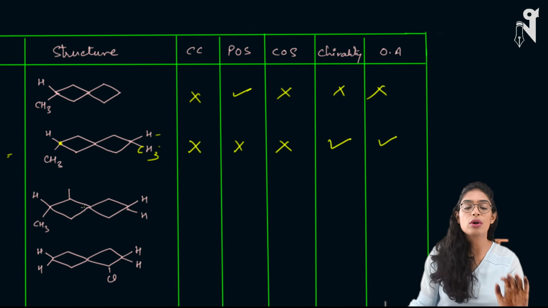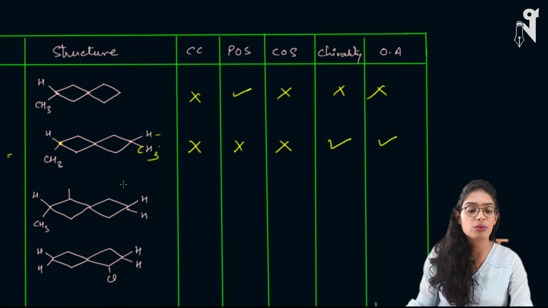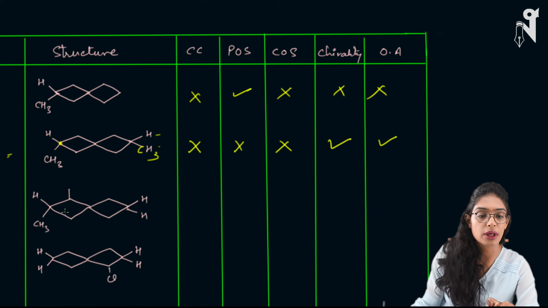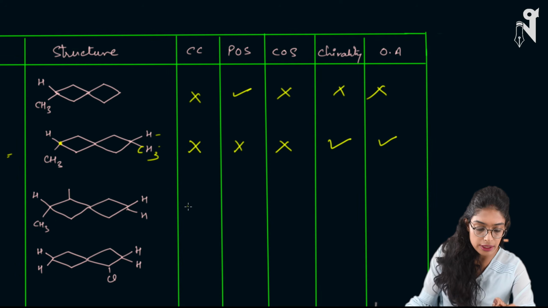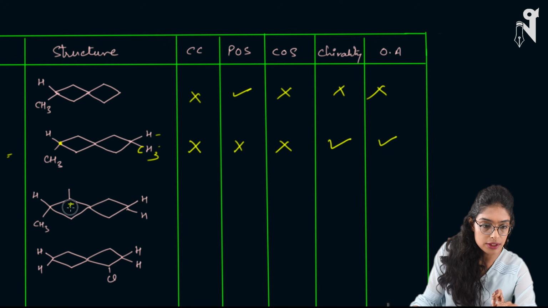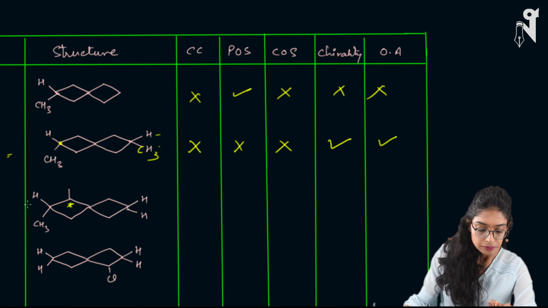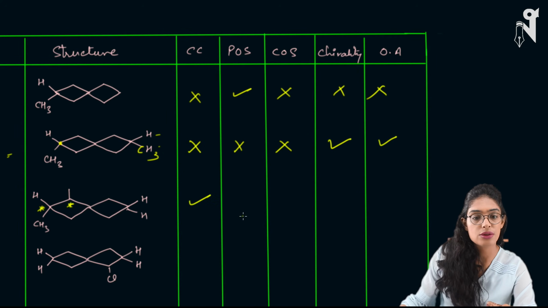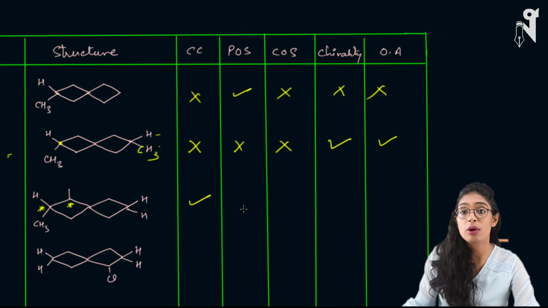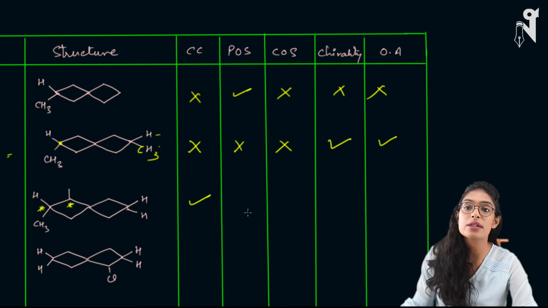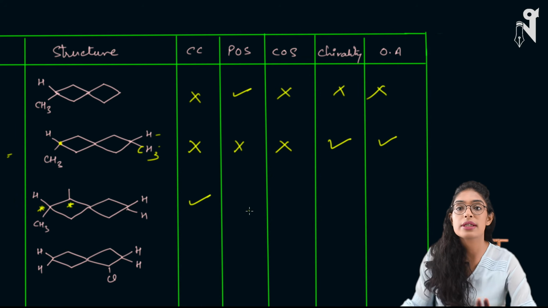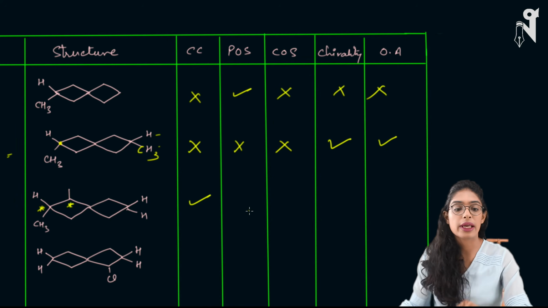Now look at another one. I'm not going to show you any more 3D pictures, so you visualize on your own and try out this one. Do we have chiral centers over here? Chiral center in this, yes, we have. This carbon is the chiral center. Even this carbon is the chiral center. So yes, we have chiral centers over here. I'm not going to teach you the chiral centers right now. You already know how to find chiral centers. Think and visualize, open the chain and you'll get it.